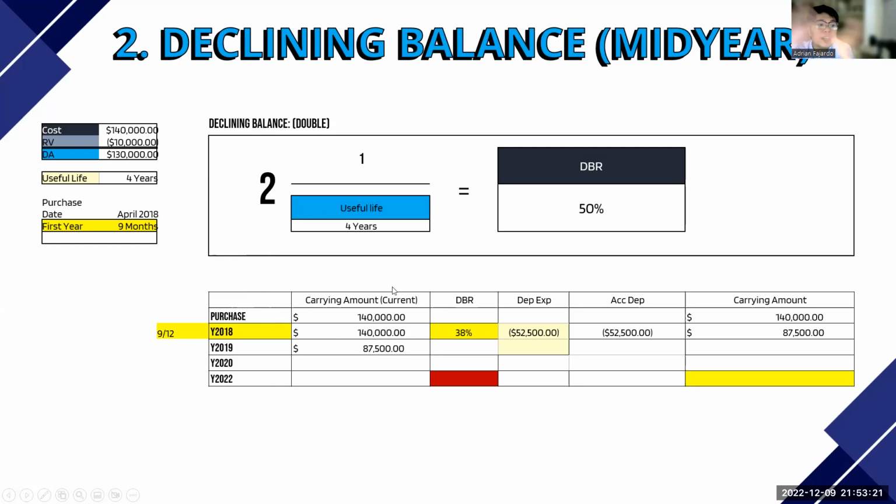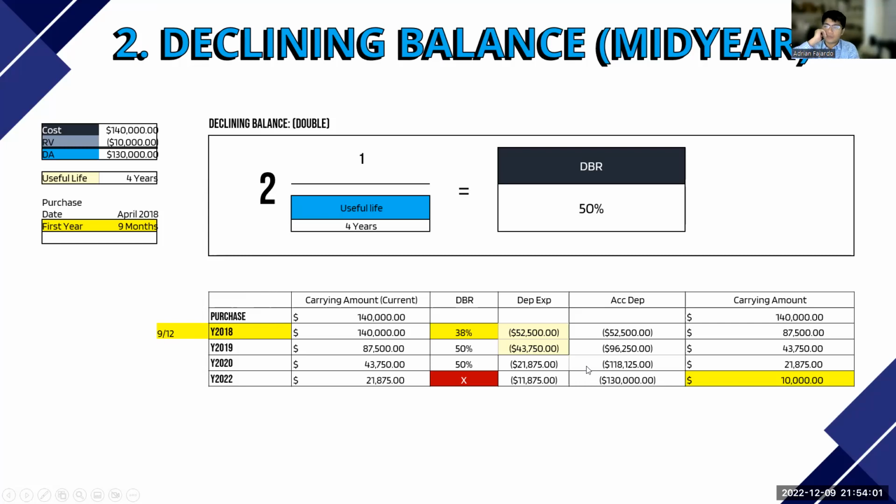And then since it's a whole year, January 2019 to December 2019, the DBR will be 50% again. So normal again. So 43,750. For the next year, still the same. And then your carrying amount of 21,000 is almost close to 10,000. So at the last year of double declining, what's the special thing we do? We never multiply the DBR at the last year. Instead, we force to bring out the salvage value. And therefore, your depreciation expense is 11,875, because that's 21,875 minus 10,000. So your ACDEP is still 130,000 and 10,000.